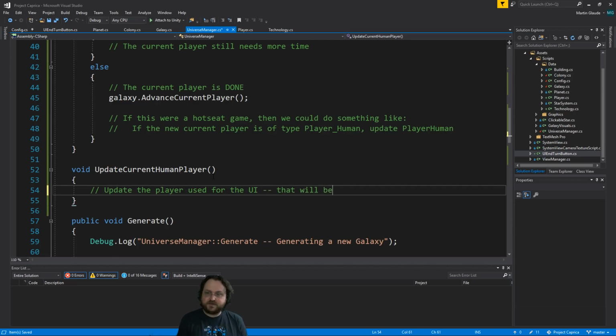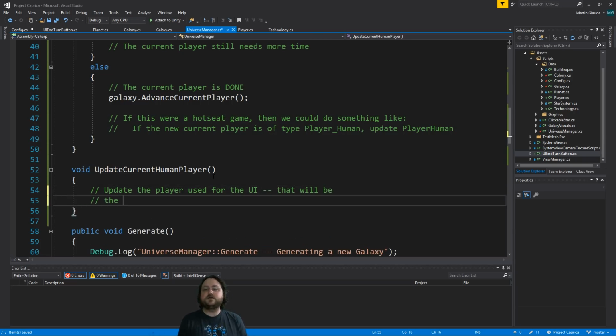That will be the current / nextest player that is human. I'm sure there's a better way to word that. But yeah, so the idea is we're just going to,